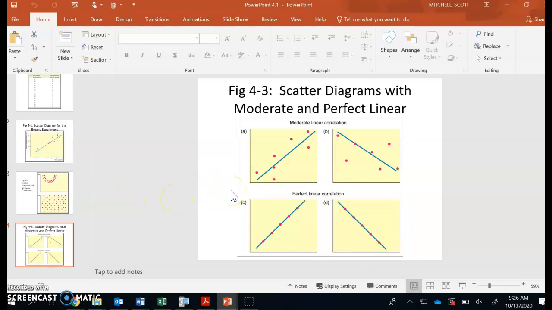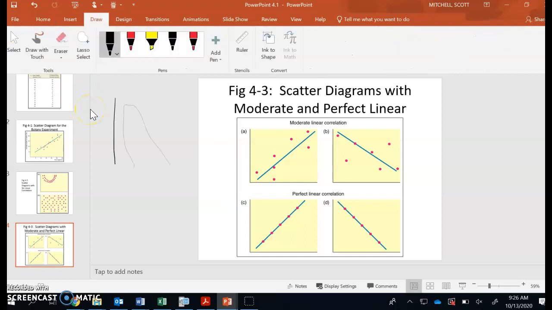So for right now, we're just concentrating on making our scatter plots and then deciding whether it's a positive or negative correlation, and then how good is it? Is it moderate? Is it perfect? Is it really good, maybe not quite perfect? Is it still positive but not very good? So it just depends. So that's not great, but if I draw a line, it's coming through there, so it's okay. So this would definitely be a positive, but it's probably a weak